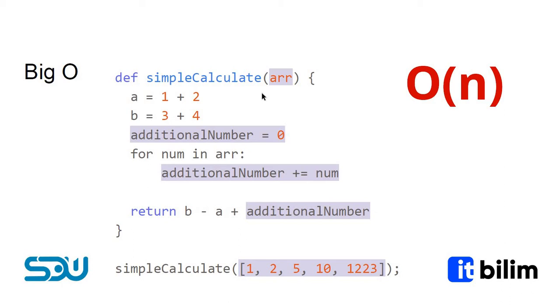So for example, we have this kind of code, and here we add some number, calculating something and assigning it into some variable, and after that here we have some for loop. And in the loop we do another operation here, and after finishing this loop we return something, and in this case our time complexity will be O(n), because we do some operation here n times, because we estimate it as O(n),